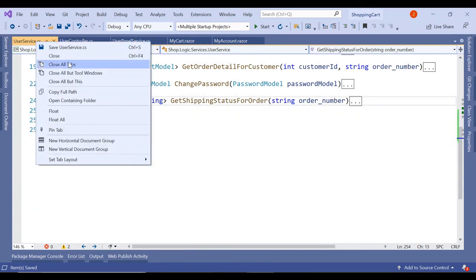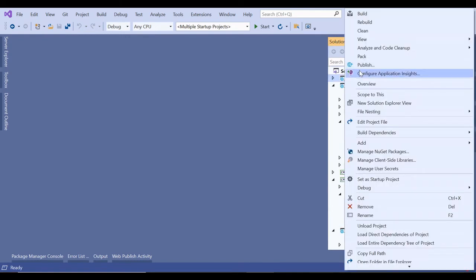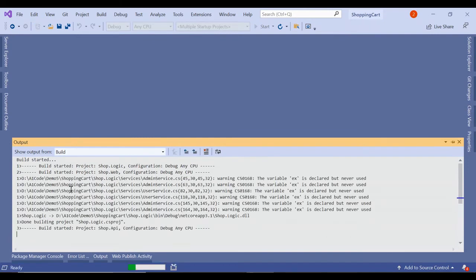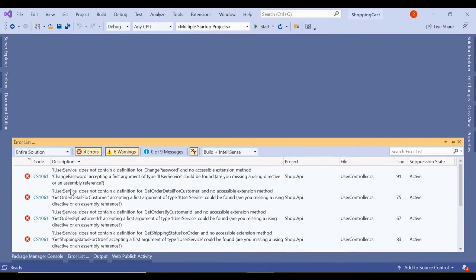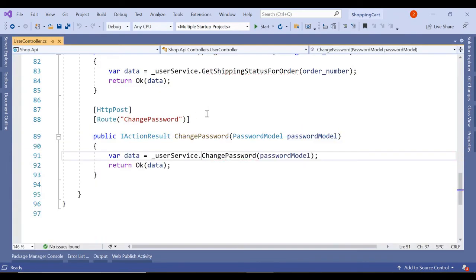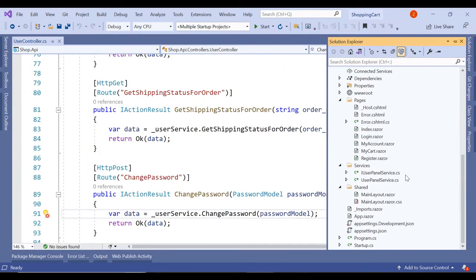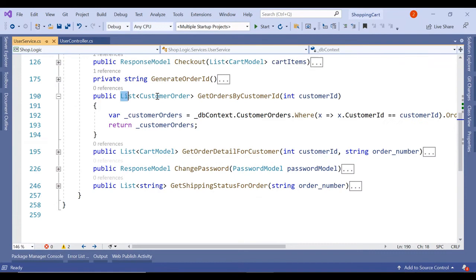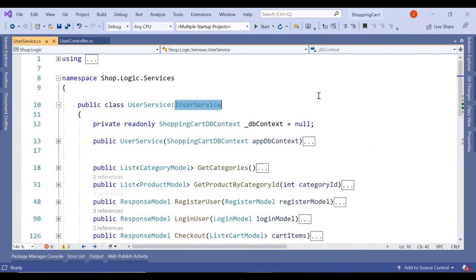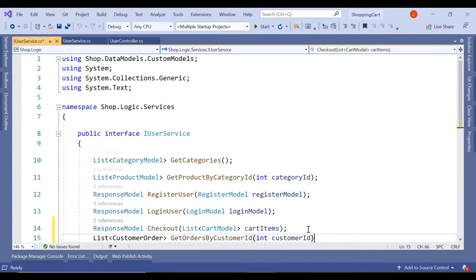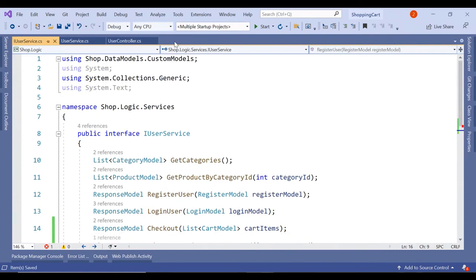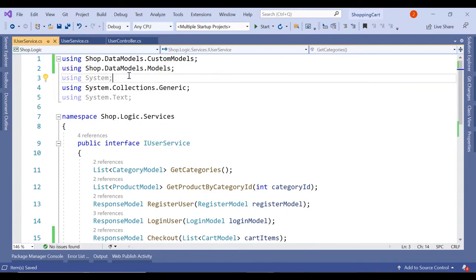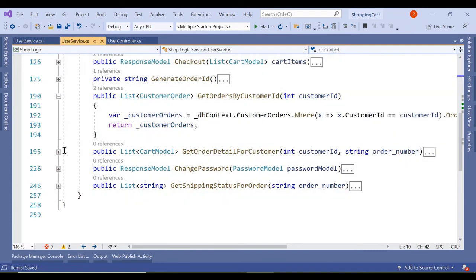Let's run this screen now. Let me build the entire solution to see if there is any error. Okay, we'll have to add these three in our interface. Let me add this. I'm adding these custom models, and the next one is get order details.